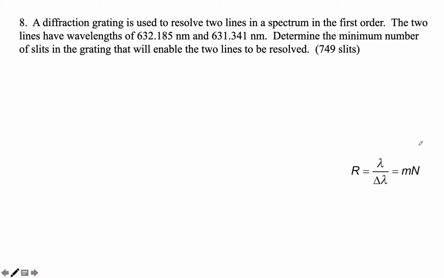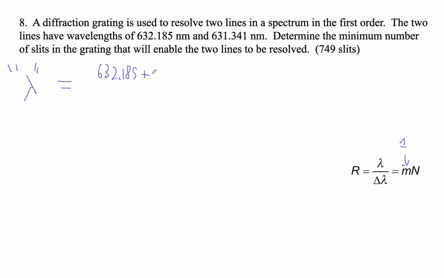A diffraction grating is used to resolve two lines in a spectrum in the first order. So that means this is going to be a 1, the first order. Two lines have wavelengths of that and that. So what we need to figure out is what we're going to use for the wavelength, right? We're going to use the average of these two,